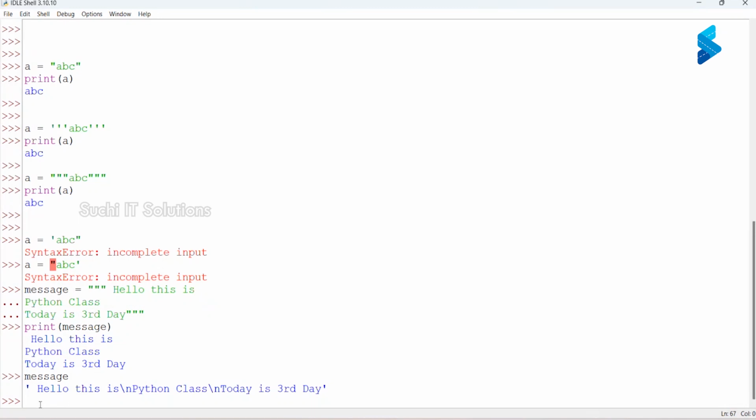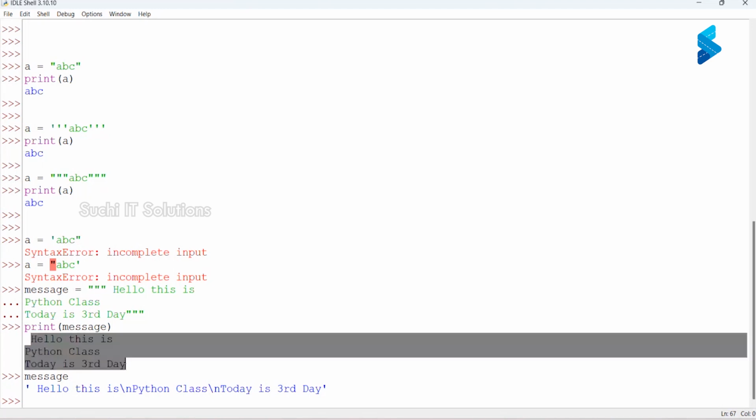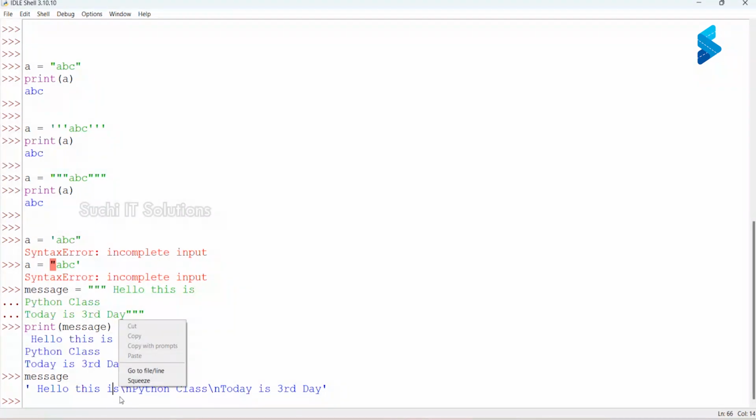I want you to notice the print statement actually interpreted and printed just the way we have written it. That's the way the input is given. But here, wherever we have hit enter, there is a slash n.